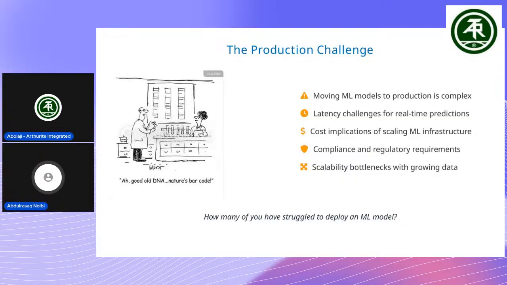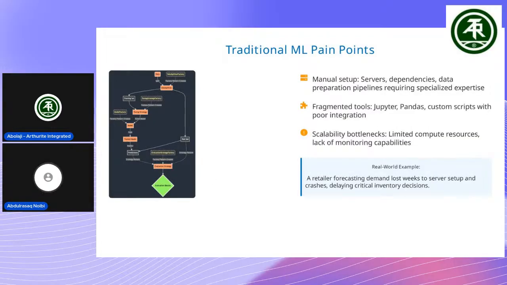And that means you also have to consider your traditional method of doing things, like how it's been deployed before. So we'll look into that. We can move on to the next slide. So if you look at the traditional way of doing things, when you want to deploy a model, there are a lot of things that you have to consider, right?